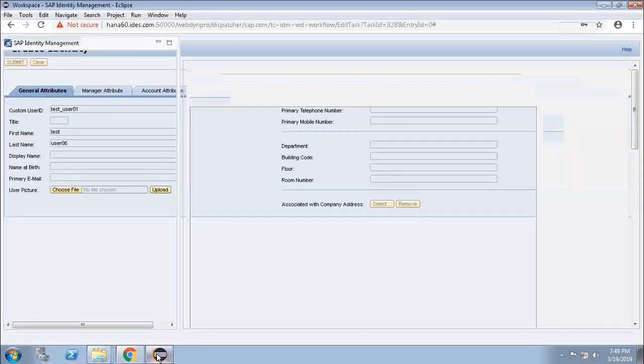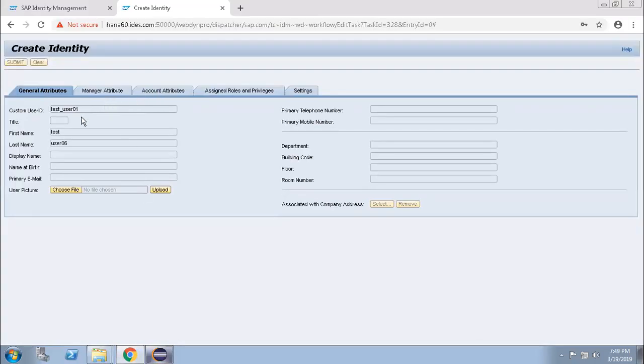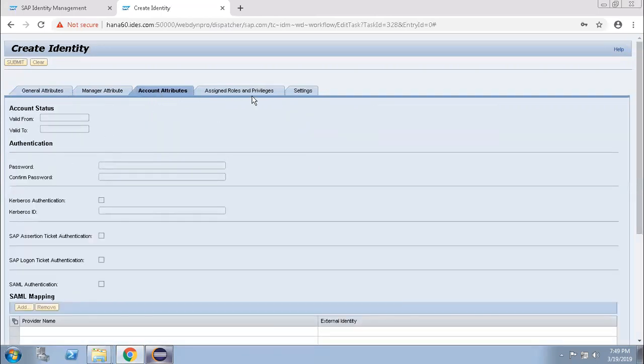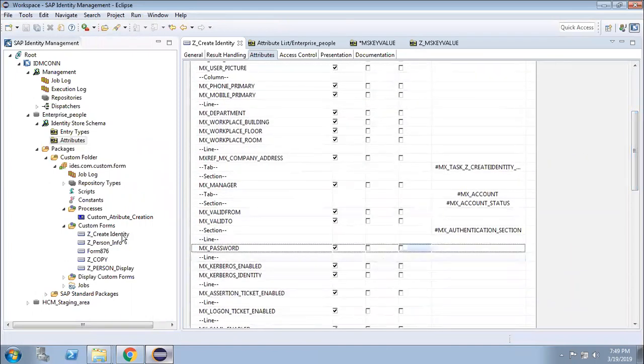So if by mistake you don't provide any password when creating the user, what will happen? The ID will be created in IDM. But whenever you provide a role for the backend systems, it will not be provisioned because the password is not present. In the backend system, password is a mandatory field. A password has to be present in order to create the user there. So whenever you create a form, your password field must be a mandatory field.